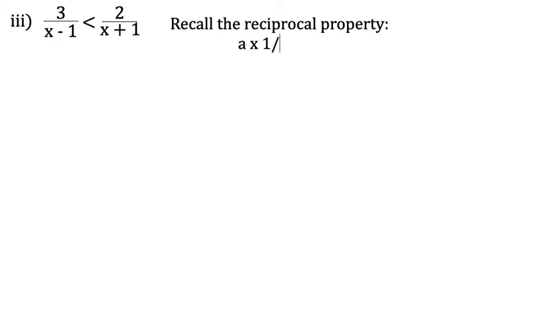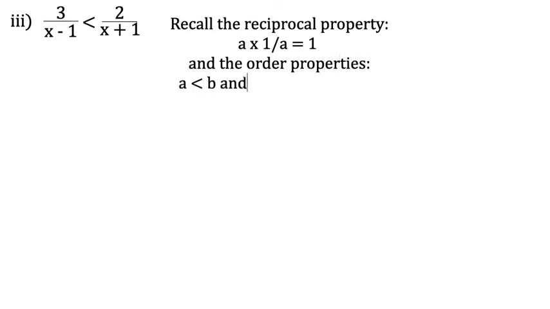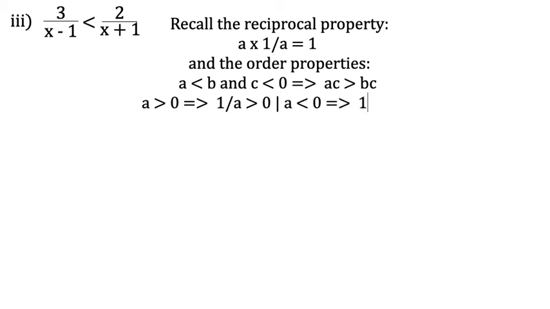Three over x minus 1 less than 2 over x plus 1. Recall the reciprocal property, a times 1 over a equals 1. And the order properties: a less than b and c less than 0 implies that a times c is greater than b times c. And when a is greater than 0, this would imply that 1 over a is greater than 0, or in the reverse, when a is less than 0, that would imply that 1 over a is